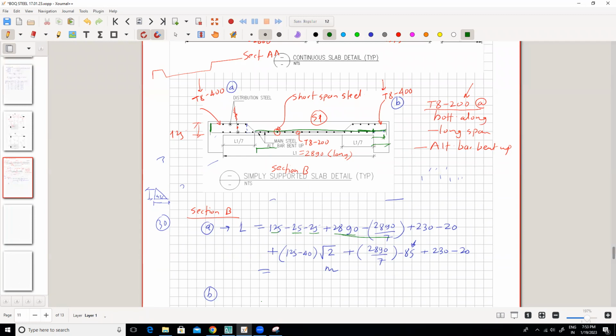नाउ डायगोनल इज 125 माइनस 40, इनटू √2, मतलब ये डायगोनल डिस्टेंस, प्लस 2890 डिवाइड बाय 7, L/7 माइनस 85, मतलब ये वाला डिस्टेंस 85 है। व्हाई इट इज 85? बिकॉज वर्टिकल ये 125 माइनस कवर 20, माइनस कवर, 85 आएगा ना। सर वो 85 है कहाँ से? टोटल तो L/7 है, फिर 85 वो कैसे लेंगे? सी, ये माइनस कर रहा हूँ मैं। ये वाला डिस्टेंस मैं निकाल रहा हूँ। डायगोनल तो निकाला मैंने यहाँ, तो ये डिस्टेंस कैसे निकालेंगे? ग्रीन वाला, ये L/7 माइनस ये करना पड़ेगा, यहाँ से यहाँ तक।